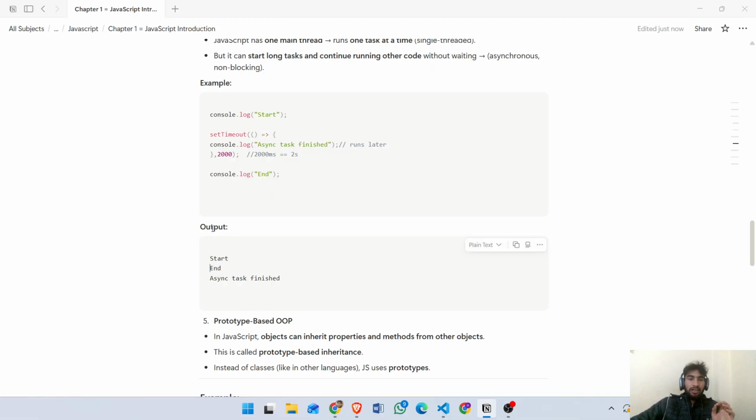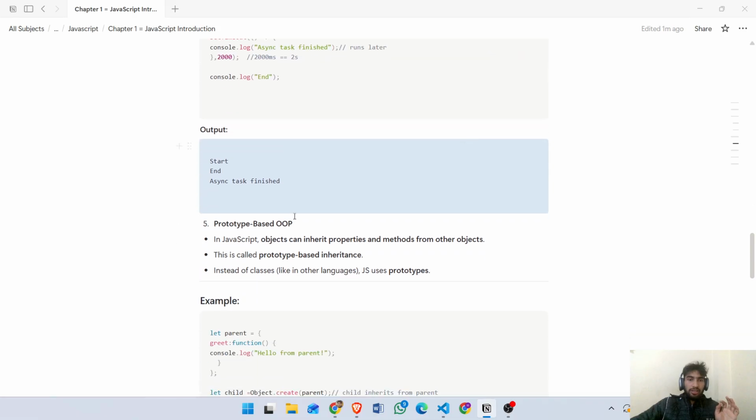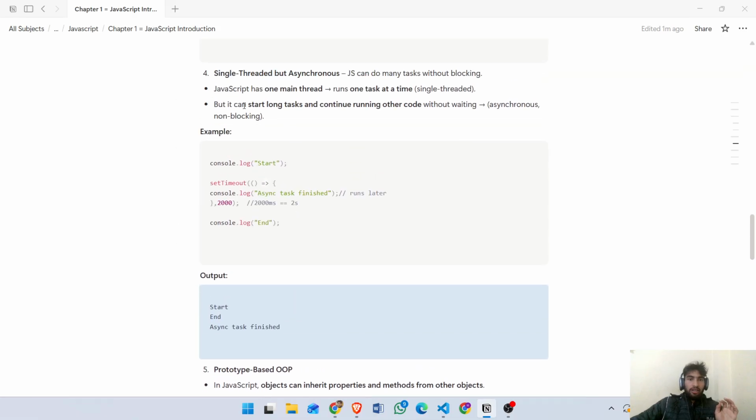After finishing this, it sees the remaining task above, and it prints the async task finished. So this is a single threaded but